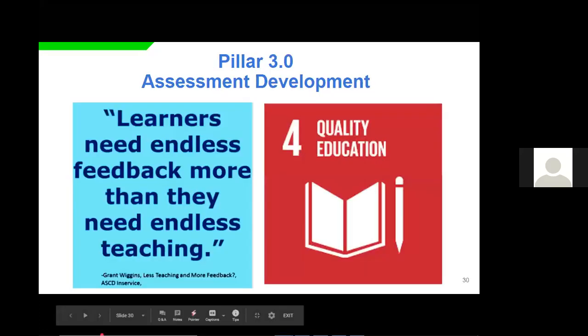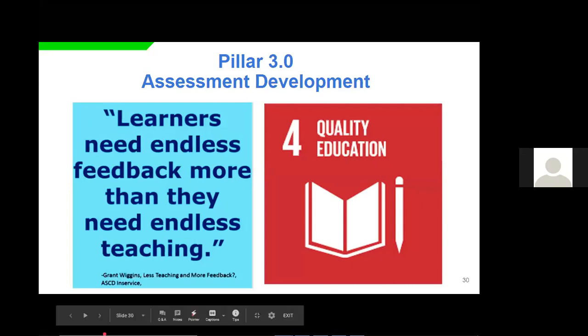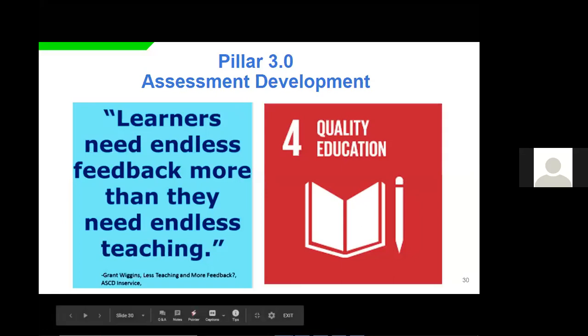Then the last module that we looked at last week was on assessment development. Under assessment, we said it's good for a teacher to model your assessment to align with the cognitive skill levels that we looked at in module 1. Remember I said that teachers who develop useful assessment and provide corrective instruction to the learners, giving them a second chance to demonstrate success, can improve their instruction and also bring about inclusive and equitable quality education that promotes lifelong learning opportunities for all.